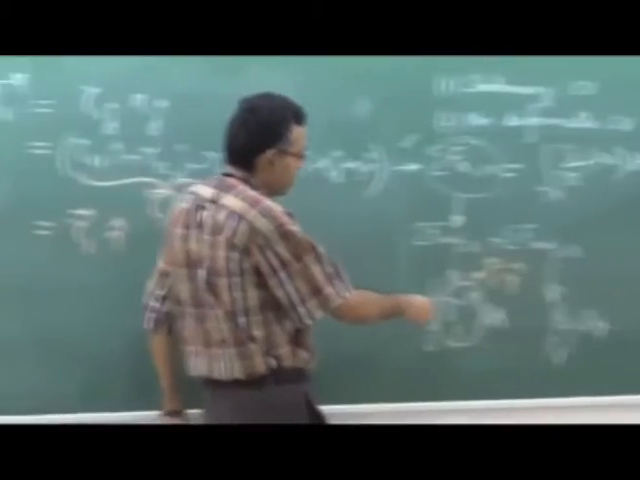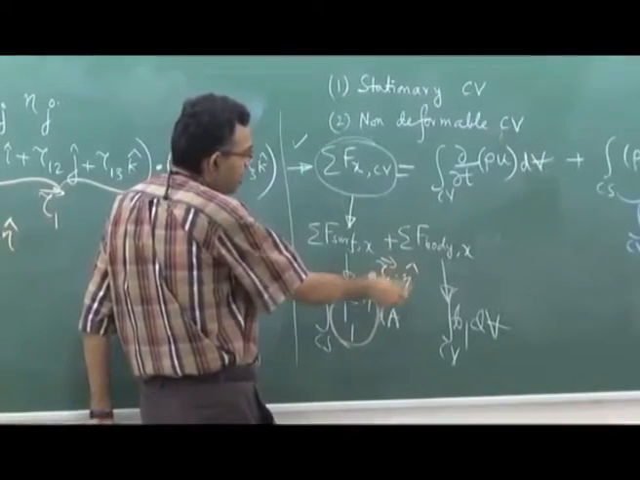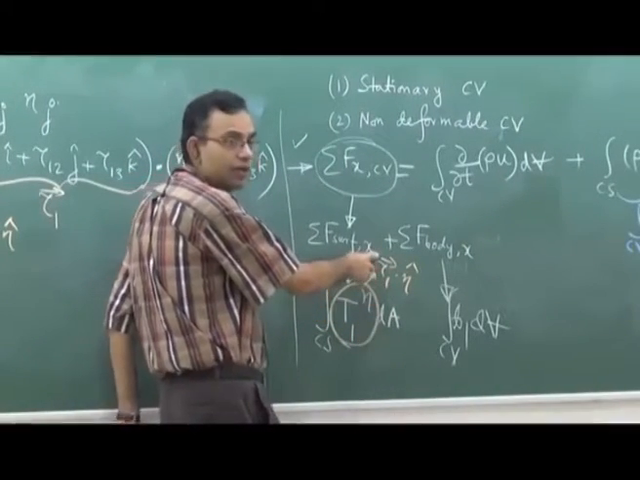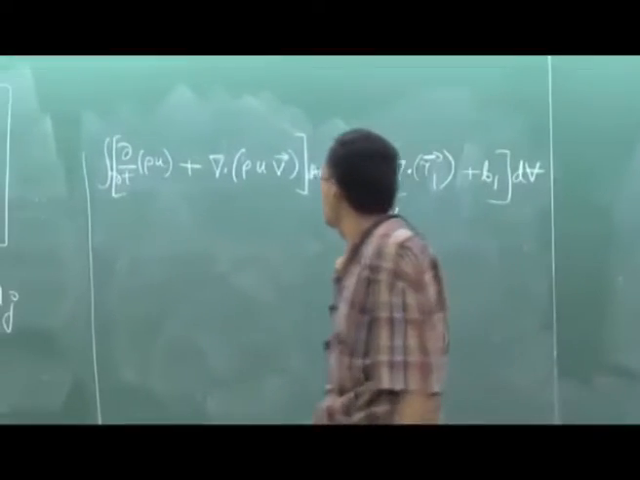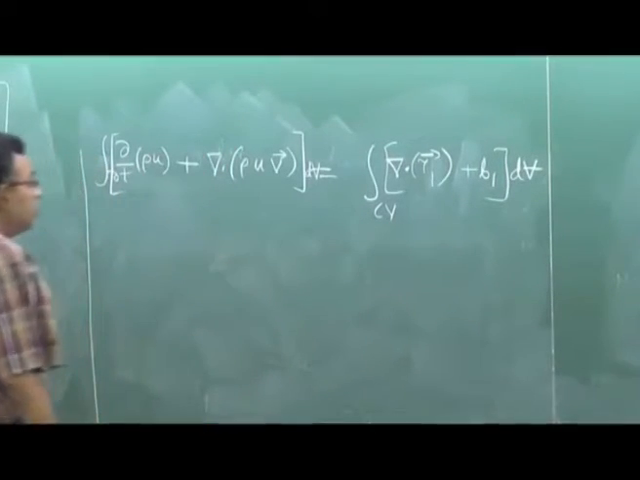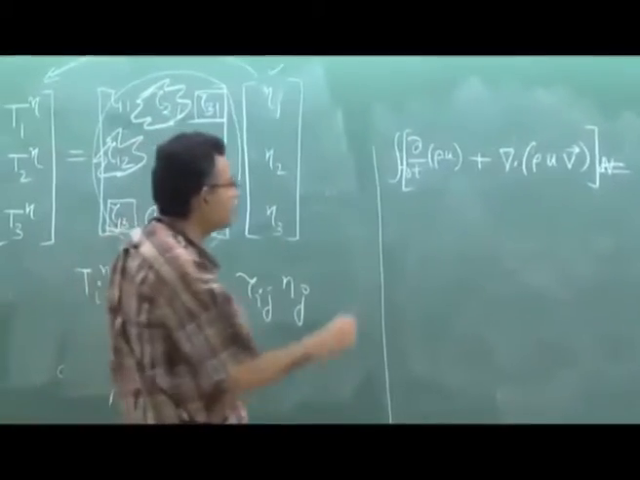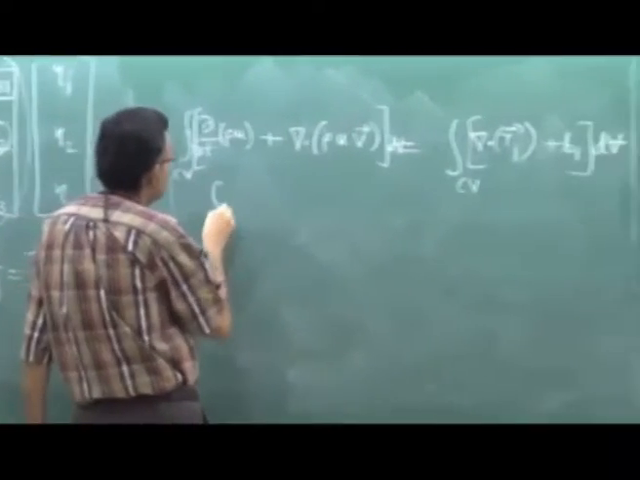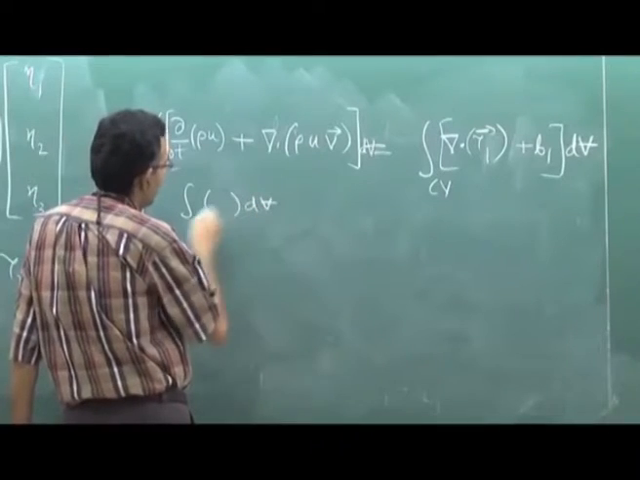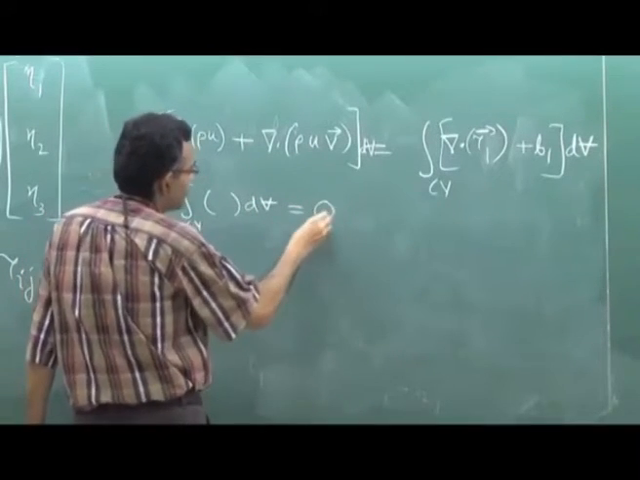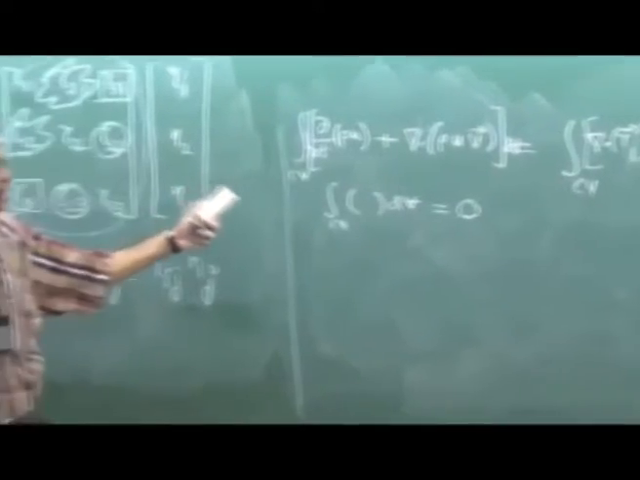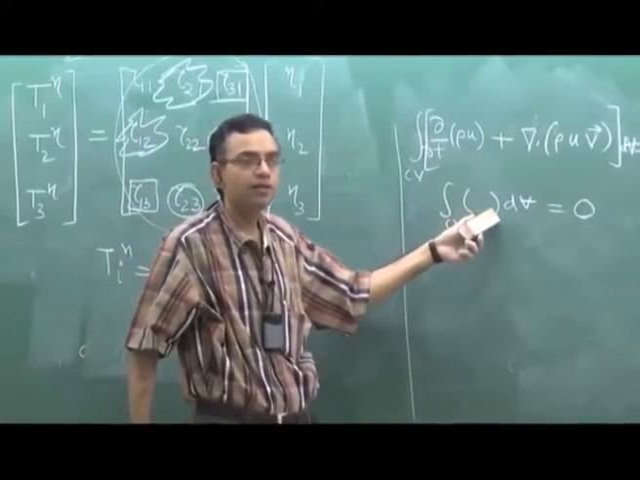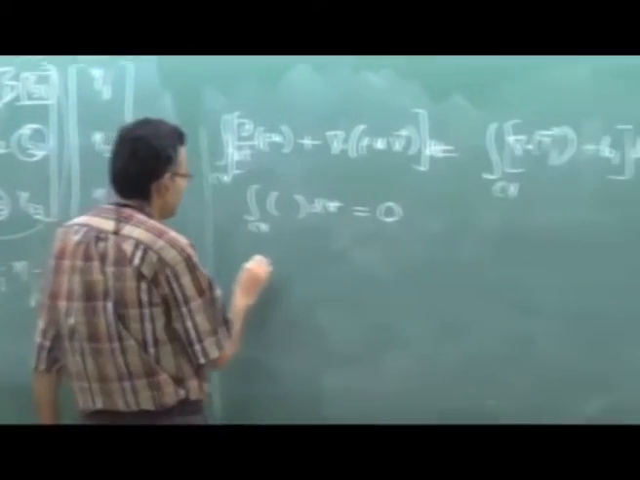So this term is tau 1 dot eta dA, it is divergence of tau 1 dV. That is what we have written here. Okay. So this is as good as writing something dV over the control volume is equal to 0. Again the choice of the control volume is arbitrary, that means this something must be 0. So you have